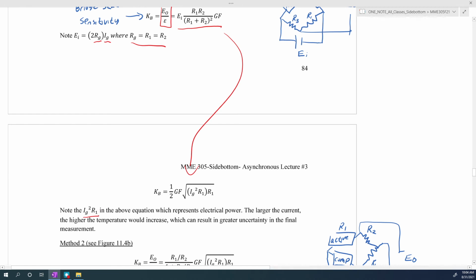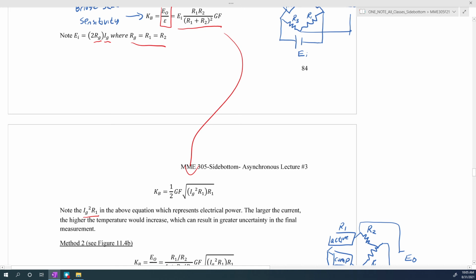Basically, the larger the current, the greater the sensitivity we would get. But the problem with that is that you're also increasing the temperature. So there's a trade-off between using greater power and greater uncertainty in your final measurement due to